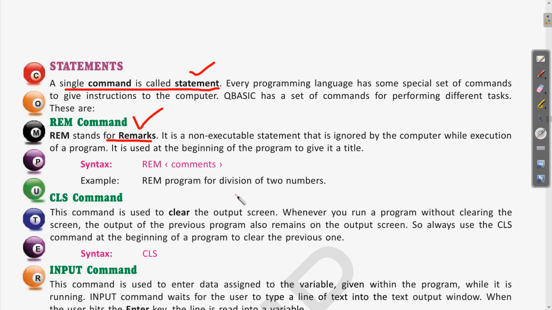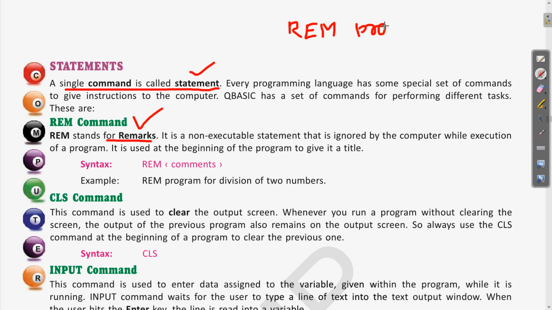Clear? So suppose we are writing a program, and at the top of that program we want to give some title, that this program is for adding two numbers or something like that. For that we can use the rem command. So write like this: rem, then whatever statement you want to write, like program for addition.